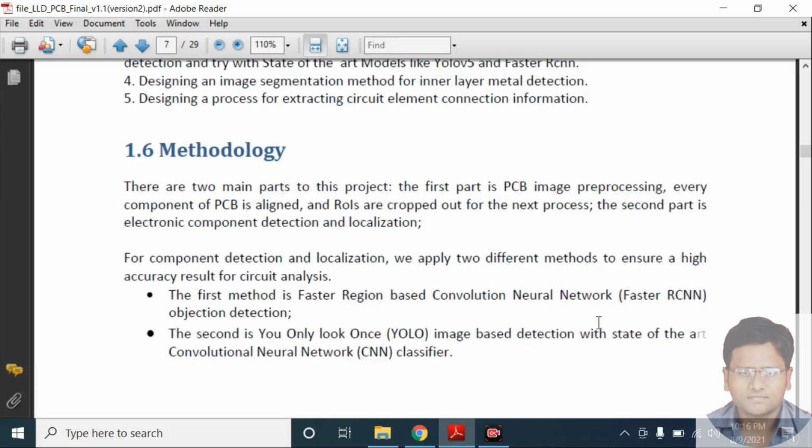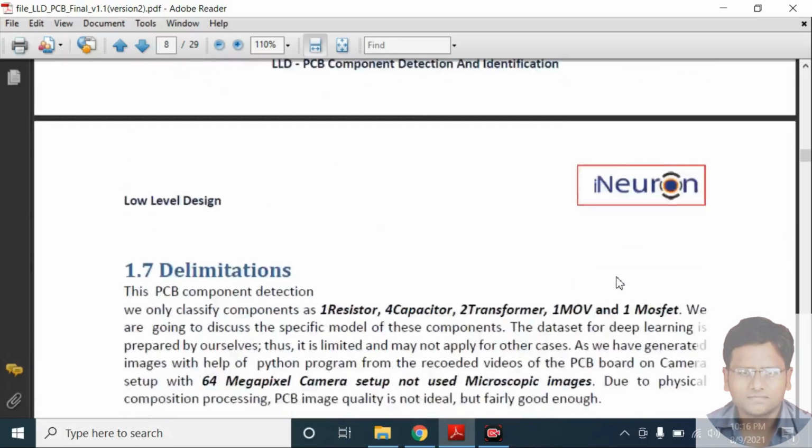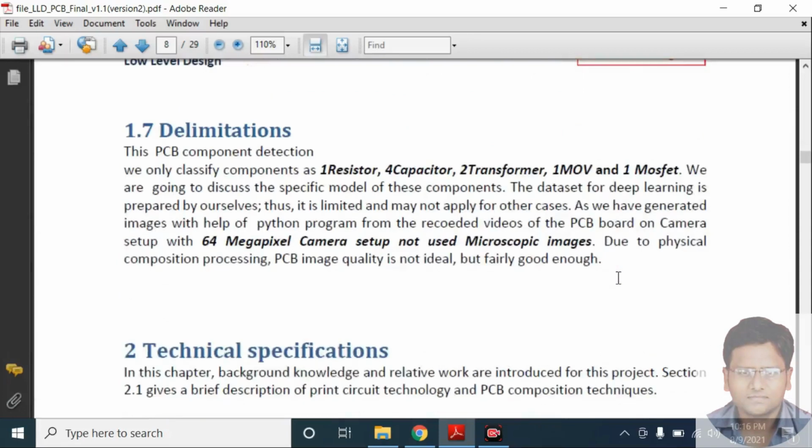The second part is electronic component detection and localization. Delimitation. In this PCB component detection, we only classify components as resistor, capacitor, transformer, MOV and MOSFET. We are going to discuss the specific models of these components.